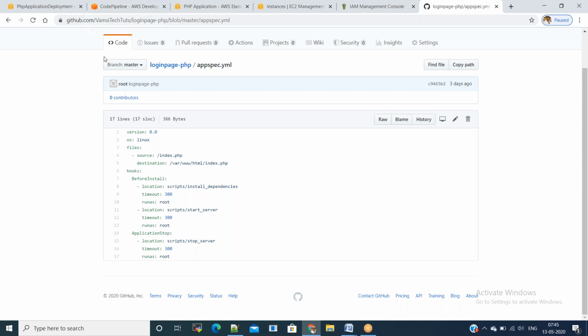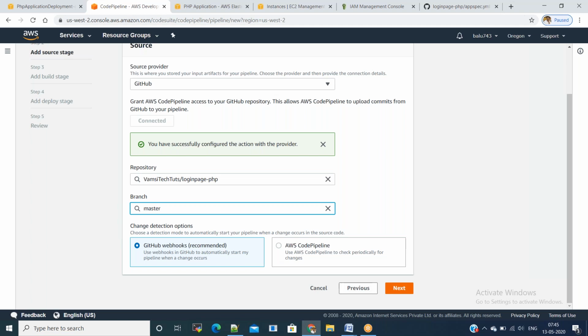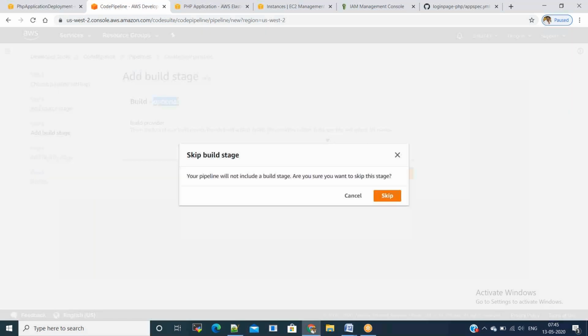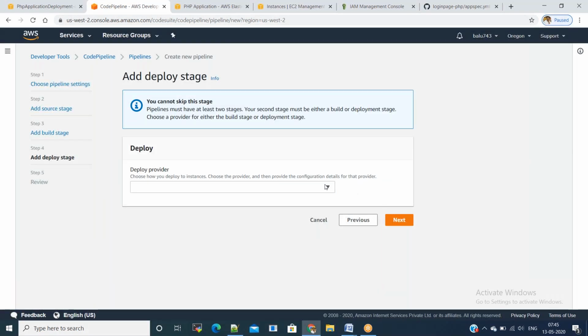Whatever we mention in the YAML file, it will do the deployment according to that. Next, click on next. Here, for build provider, we don't want to take any build provider. You can skip the build stage.